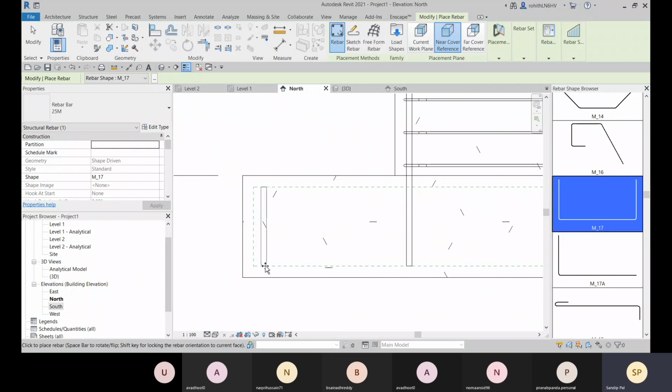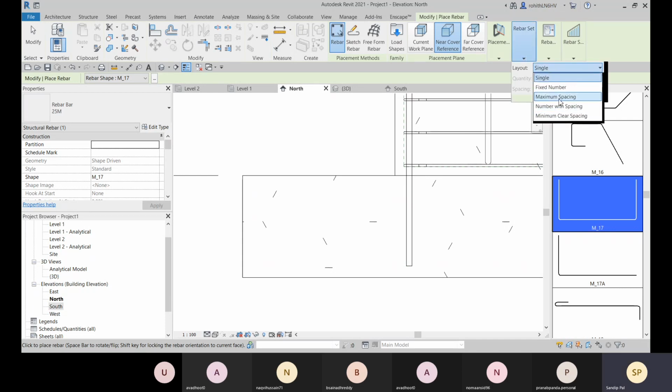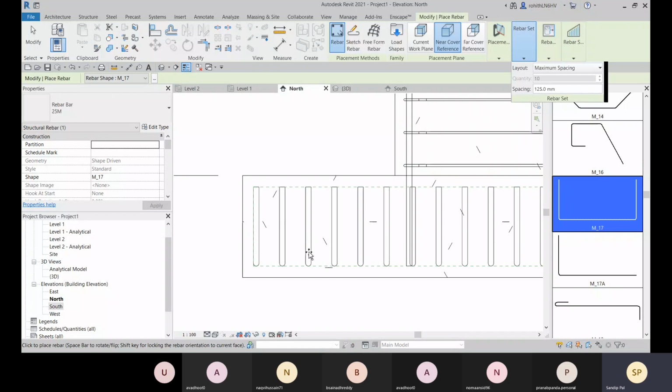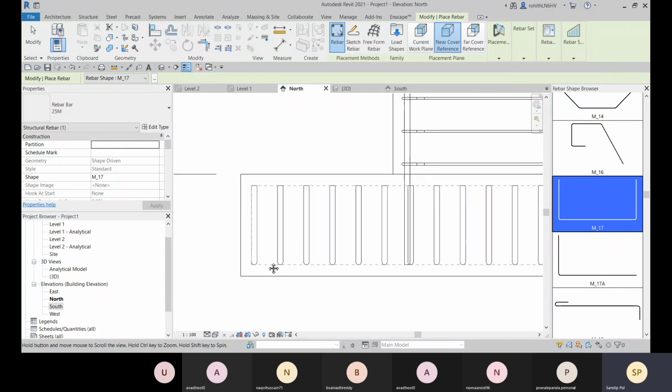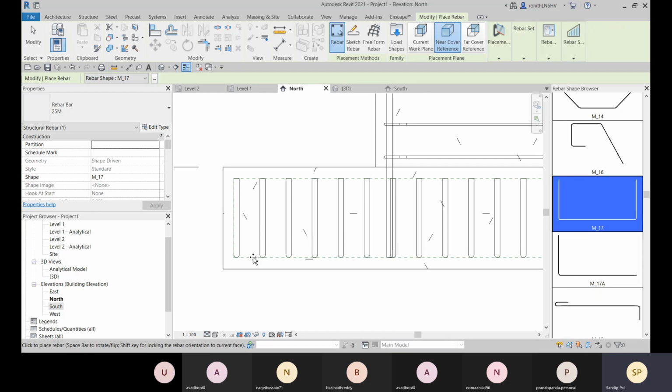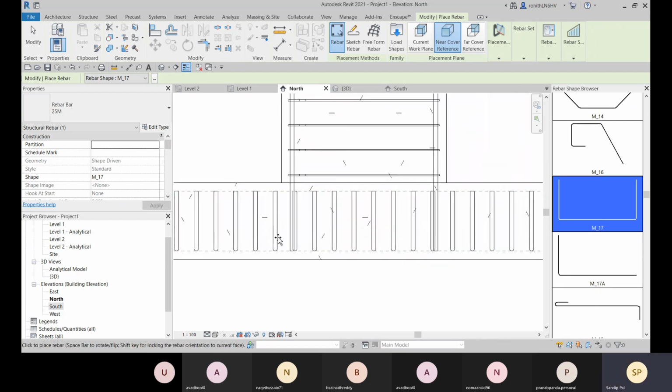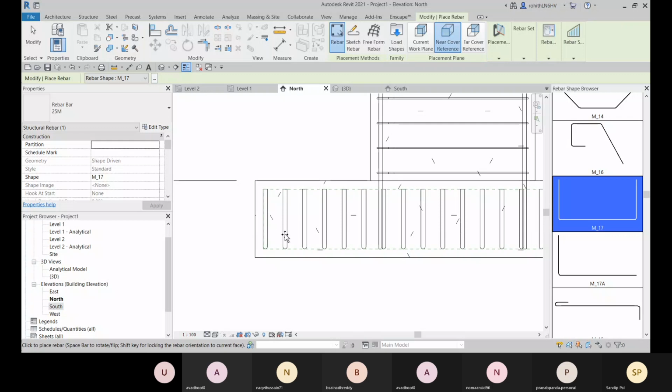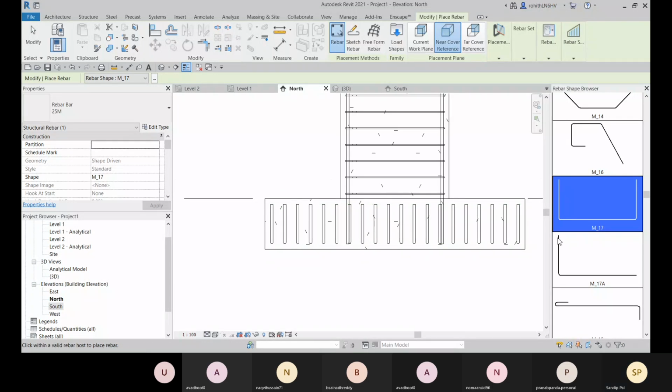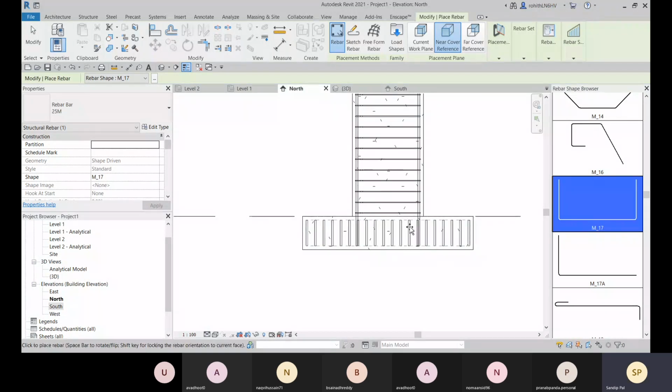Okay. When I'm placing on this cover and it is perpendicular, if you select this, it will be perpendicular to this cover. So I have to place it from the bottom cover. Then you have to mention the maximum spacing, so I'll go with 125. 125 mm will be the maximum spacing, and then just select the cover. Okay, and these are placed. All right, so there you can see, right? So this way we can place it.